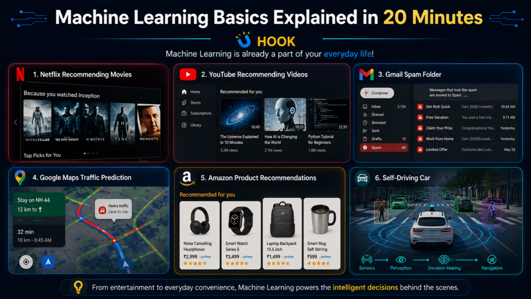Every day, you interact with machine learning without even realizing it. Netflix recommends movies you'll probably enjoy. Gmail filters spam emails automatically. Google Maps predicts traffic before you leave home. But how do computers make these decisions? In this video, you'll learn the fundamentals of machine learning, how it works, its different types, and where it's used